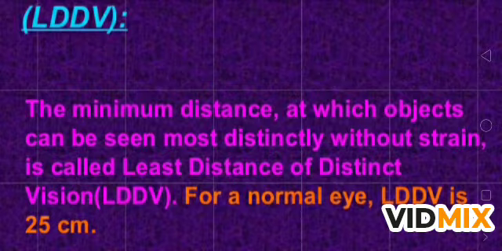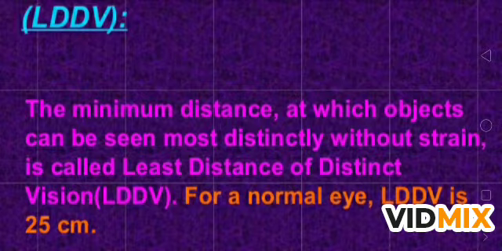If you bring an object close to your eye, when the object is very far, your eyes are in a relaxed state. You are not feeling any strain on the eye. But when you bring this object closer to your eye, after a certain distance, you see that the image, which was very clear, becomes two, or we can say the image is now blurred, and the eye is also feeling some strain. So the nearest distance where you feel comfortable and the image is very clear, that is the least distance for your eye.